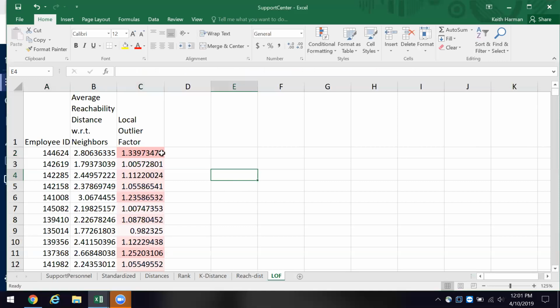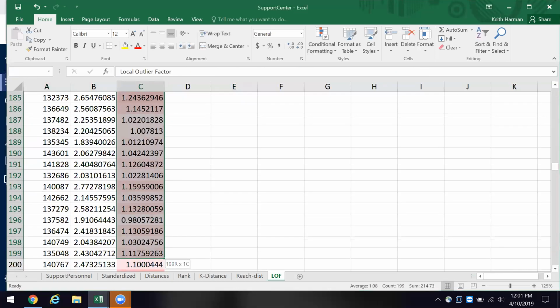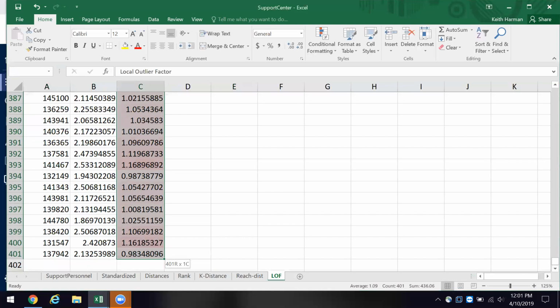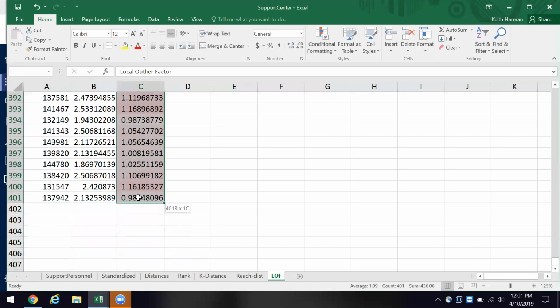Now I'm going to do this. I'm going to come down here and put a filter on this. I'll come all the way down to 401, excuse me.